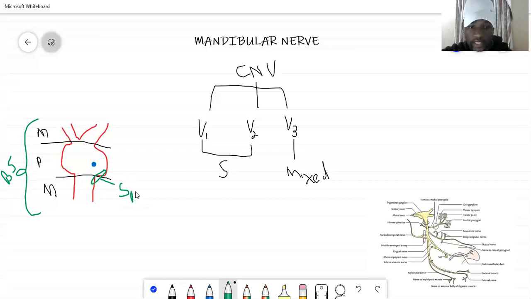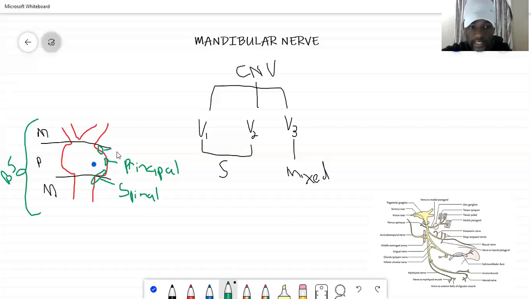Forgive me for my handwriting, guys. And then, as I said, we have 4. The other one, which is somewhere there, that's your principal. Other textbooks will say the main, right? So that's your principal nuclei. They will say it's principal sensory nuclei. It's the same thing, guys. The same thing. And then on top of it, at about that level, you have your last nuclei, which is